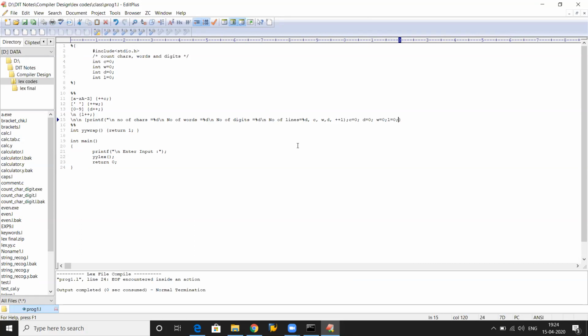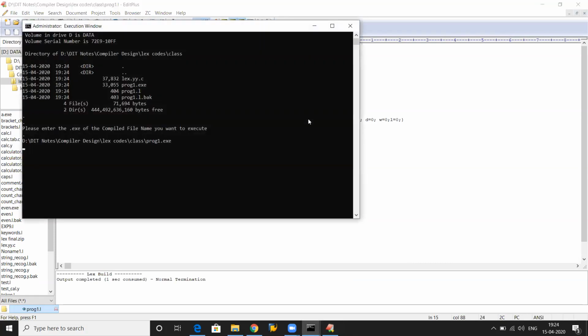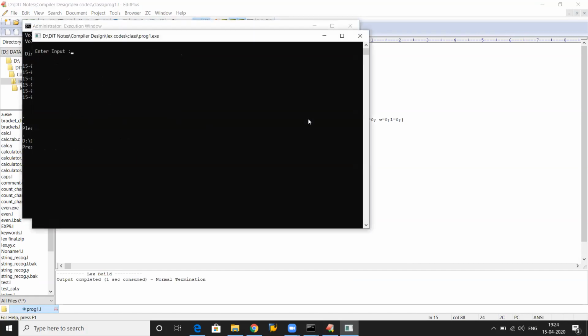Now, what is the problem in it? Okay, I have not closed the double quotes. Now let's compile the program, then build the program using Control+2, then Control+5 to execute the program.